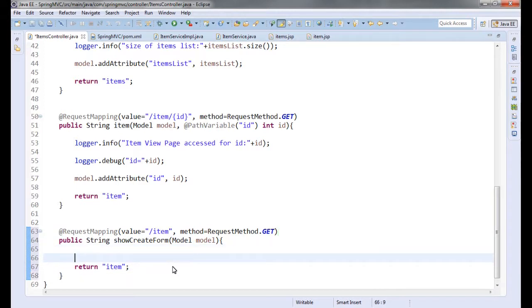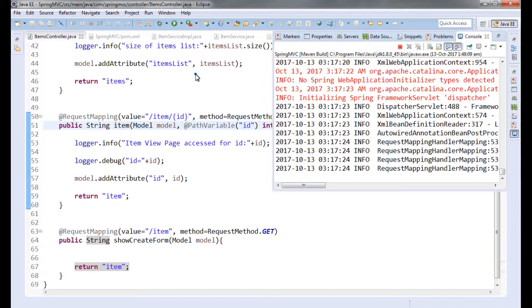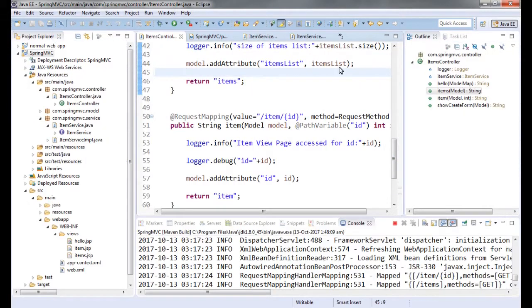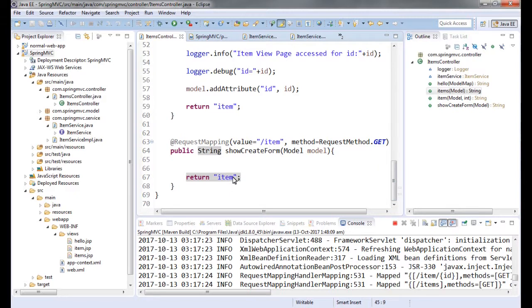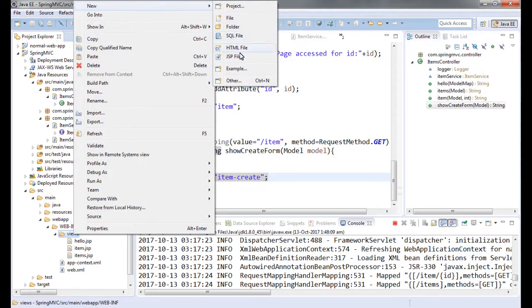So we'll have to create the item page, and so let me go and create an item page quickly. No, sorry, not item, sorry. Item page is already there, that is the item view page actually. So let me return item create page. Okay, this will be item create.jsp. Okay, so it will look out for item create.jsp in views. So we will go and create a JSP file,